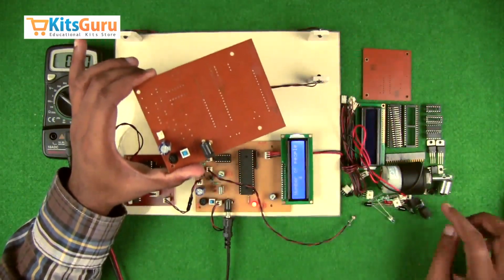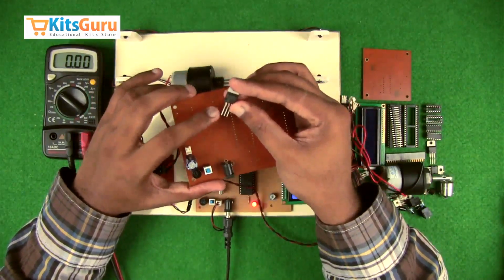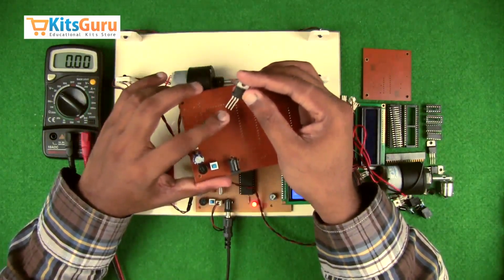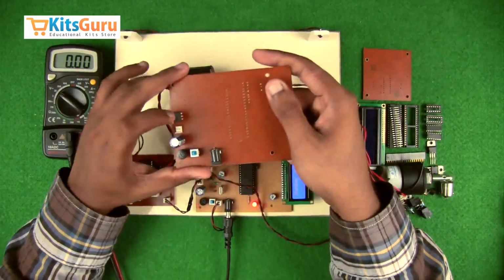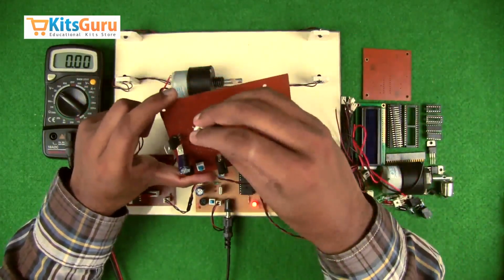And then a voltage regulator IC is used. So this is a voltage regulator IC 7805. So the stem on the left side is the input stem, and then common, and then the stem on the right side is the 5 volts output stem. So while inserting, we have to ensure that we are facing the input stem, the first stem, like this. And then we insert 3 2-pin connectors